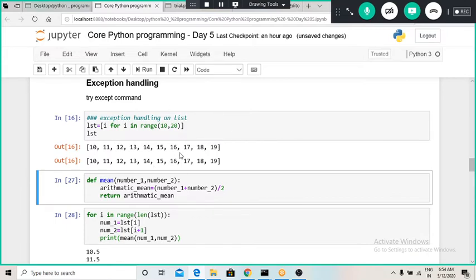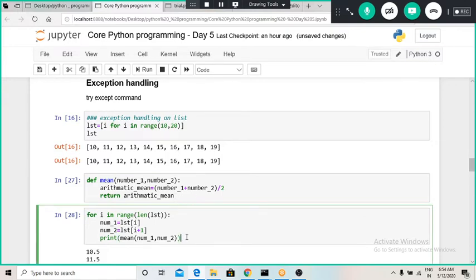For getting the average, first we will define an arithmetic mean program, or we can access the arithmetic mean program which was defined in the trial one module also.